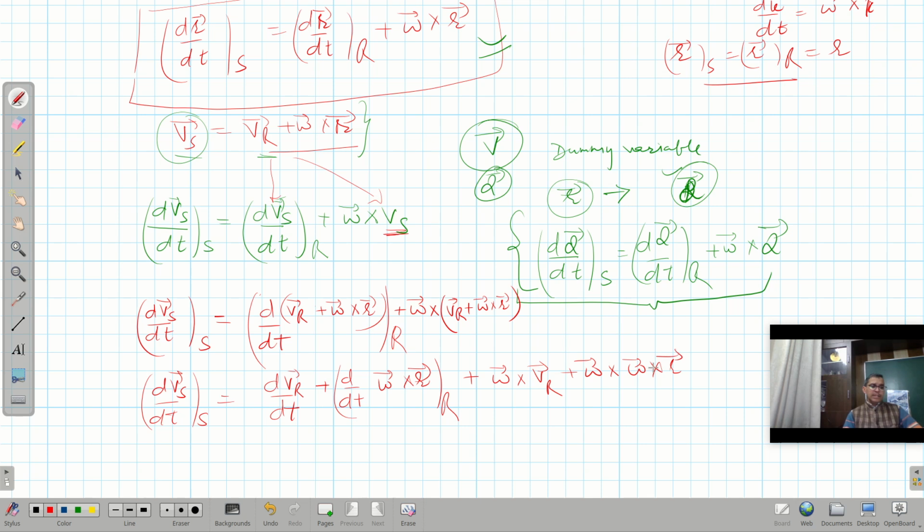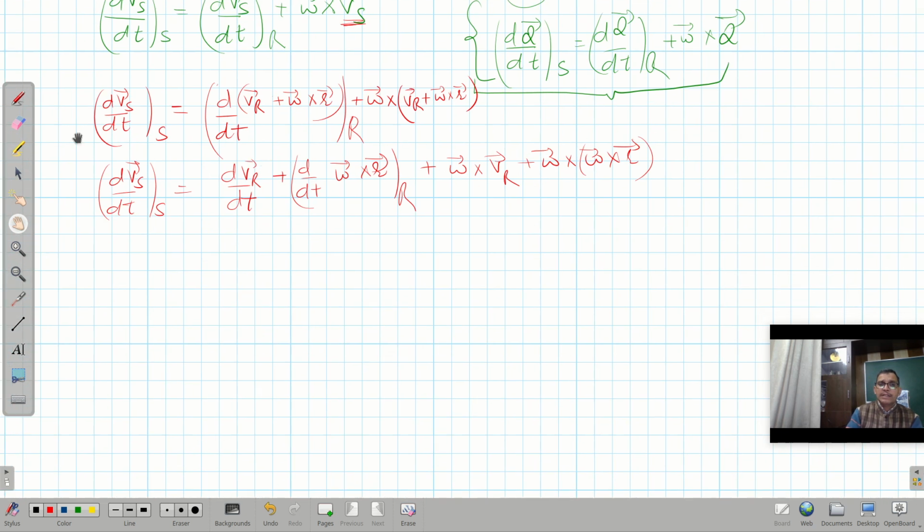It can be substituted like this. So let us do a little more algebra. So dvs over dt in the S frame is equal to dvr over dt in R frame